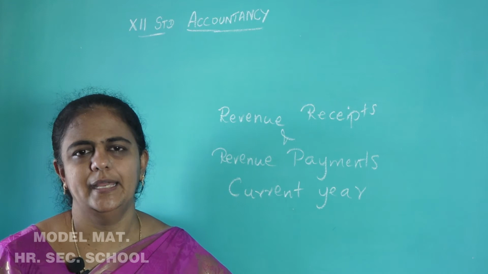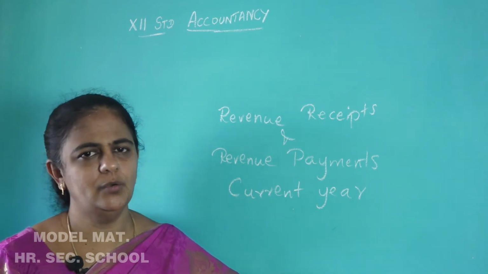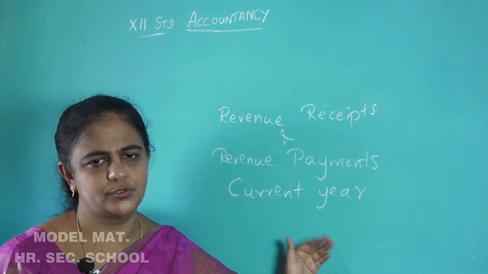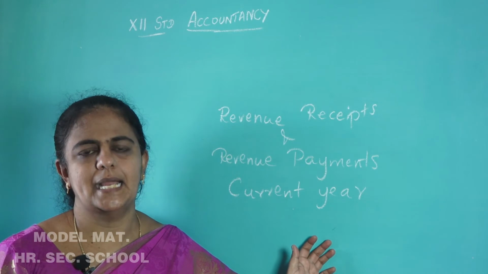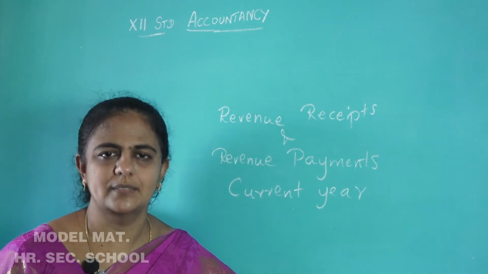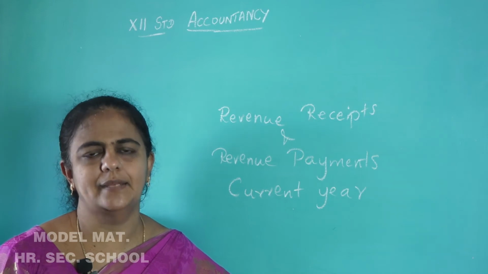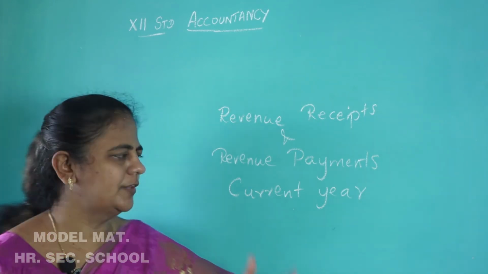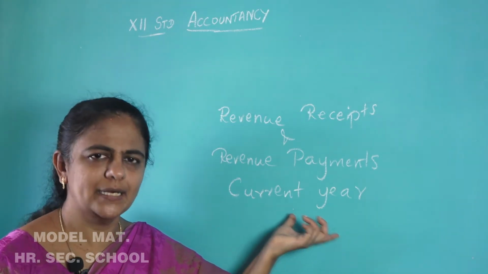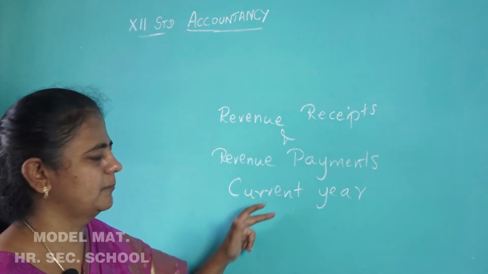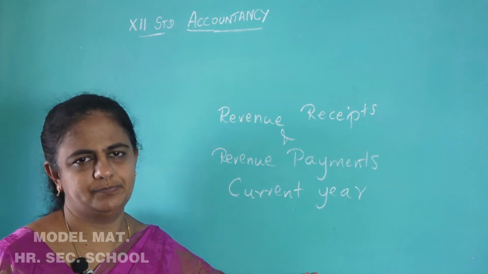Okay. Then in the receipts and payments account, non-cash items are excluded, but here we have to show the adjustments also. For example, prepaid expense, income received in advance, outstanding expenses, for example outstanding salary, outstanding wages, everything which is related to the current year, all the adjustments related to the current year have to be posted here. Okay. Is it clear? So, these are the things you have to keep in mind.